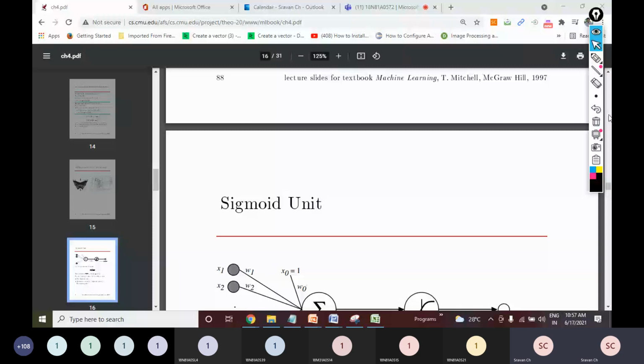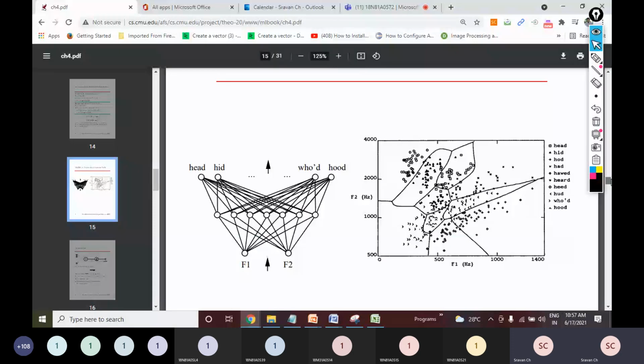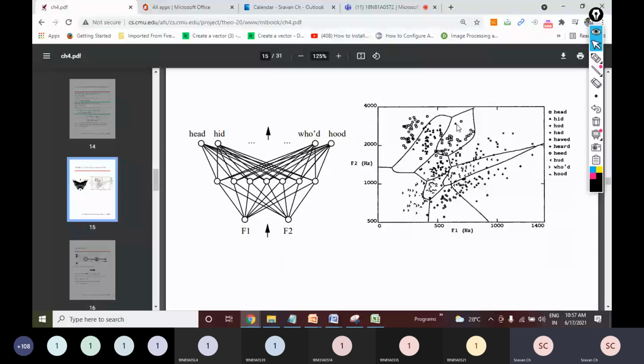Please observe this carefully. This is a neural network. Obviously it looks very complex, but you can imagine the neural network which we have drawn, right? We had one input layer, we had a hidden layer, and an output layer. Now look at this graph on the right hand side. See here, right? It was not like the graph which we have seen in our OR function and AND function.